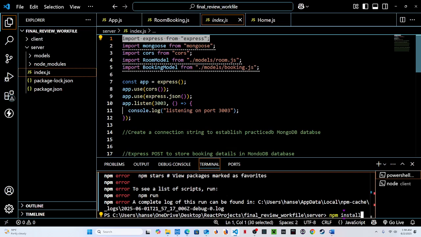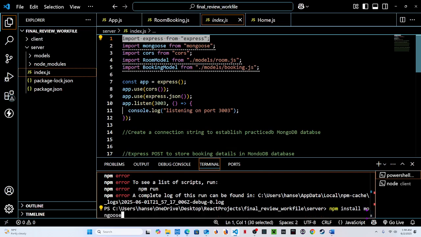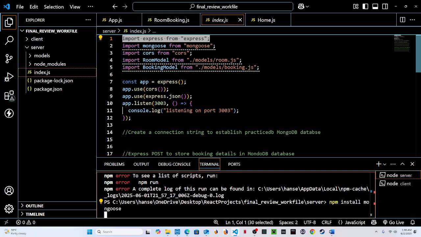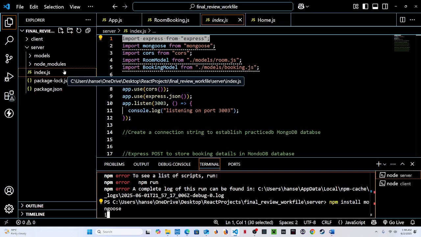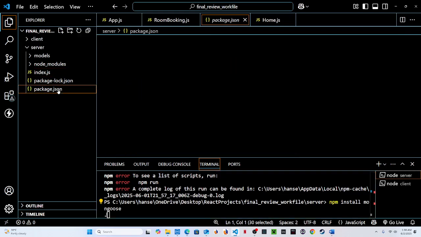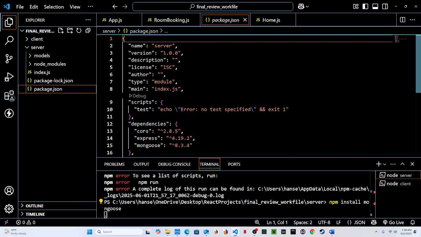Or sometimes maybe we are also required to install nodemon. But when it comes to nodemon, okay, let me just show you one of these. Install cors or install mongoose. Okay, right, this is going to be for our MongoDB dependencies. So going back to nodemon, basically we could execute straight from node index.js, but perhaps when it comes to the